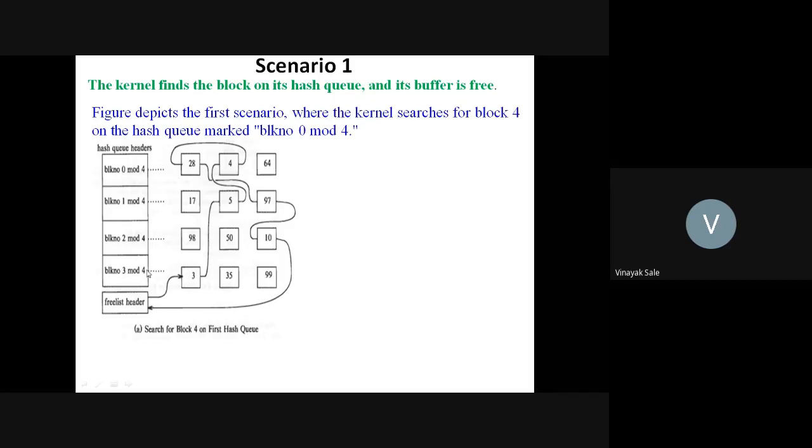Then it will check whether block 4 is free or not. So it first goes to the free list header. Then here first 3 is free, then next 5 is free, then next 4 is free. So the kernel finds that block 4 is free on the block 0 mod 4 hash queue. So after removing this block 4, the figure looks like this.